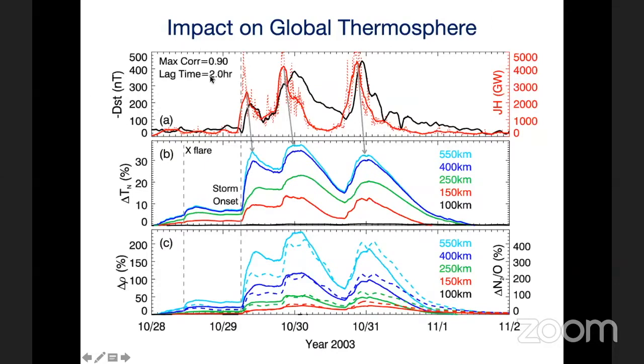It's a 0.9, but the DST lags behind the Joule heating by about 2 hours. The middle panel shows the globally averaged temperature at 5 different heights, and these are the percentage temperature changes. And if you see the temporal variation